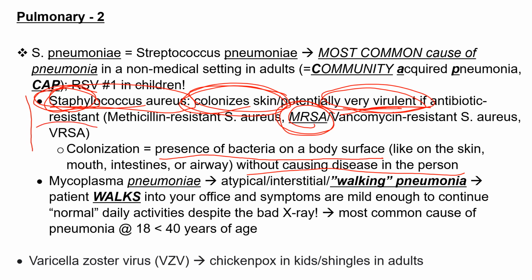For example, MRSA and VRSA, vancomycin-resistant Staph aureus for VRSA, and methicillin-resistant Staph aureus for MRSA, are very difficult to treat. All right, now let's go over bugs that are commonly seen as causes of pneumonia, and actually are very